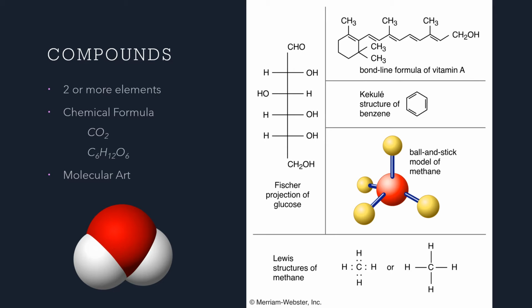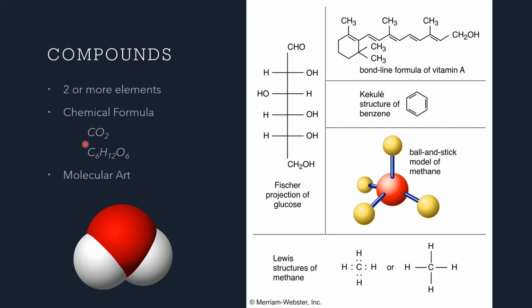So when you are looking at two or more elements that are bonded together, we would call this a compound. So when you see two or more things stuck together, that's a compound. There are different ways that we can represent compounds, and they're all shown here. You can use what we call a chemical formula, and that's where you're going to be using letters and numbers